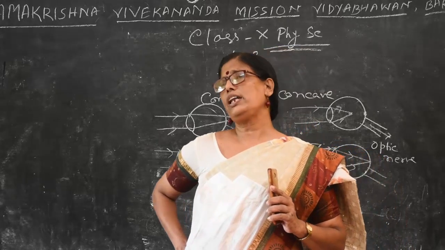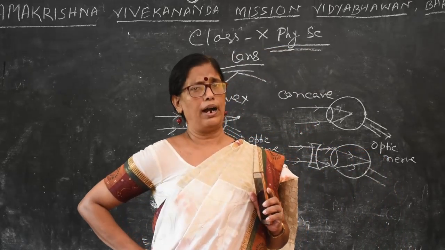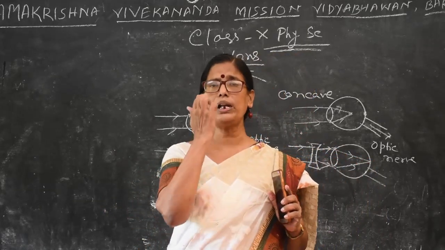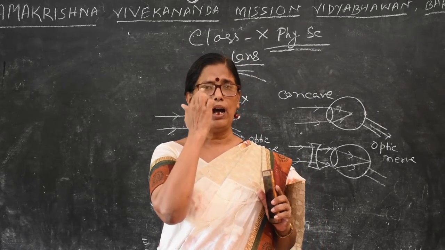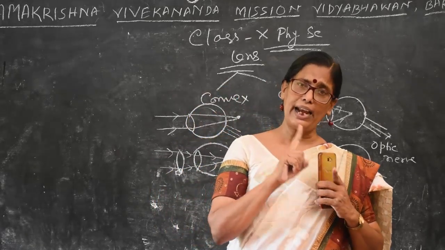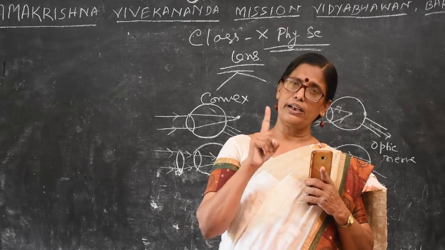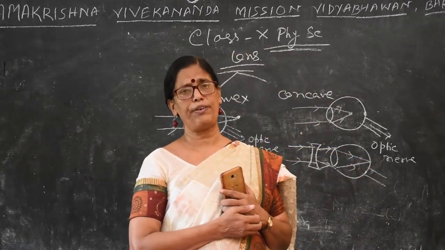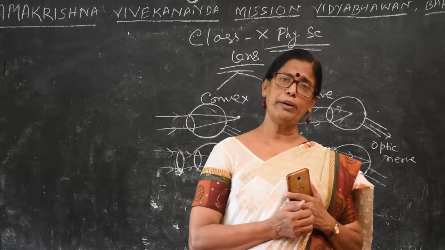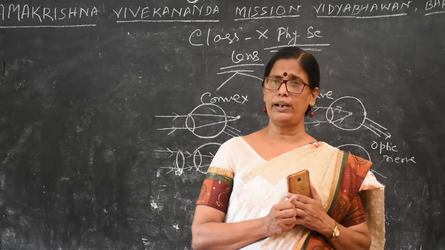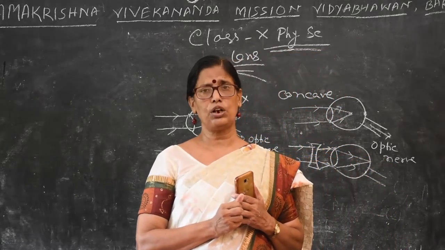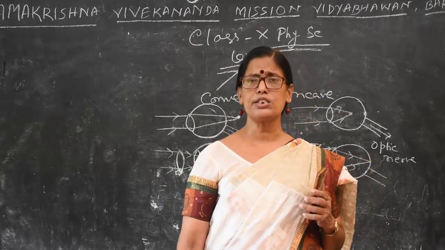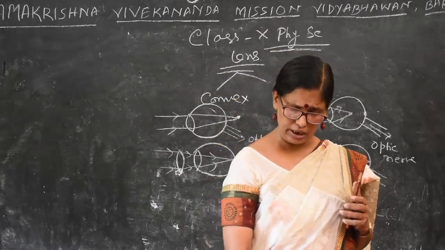You see in your home, the very older person uses a bifocal lens. Bifocal lens is nothing but this one. There is a half circle, another power. That means the defects are both the defects. Near and far, both defects are there. After 50 years or 55 years, normally our eye natural lens can change shape, and bifocal lens is also required. Bifocal lens is not in your syllabus, so we will not discuss this one.